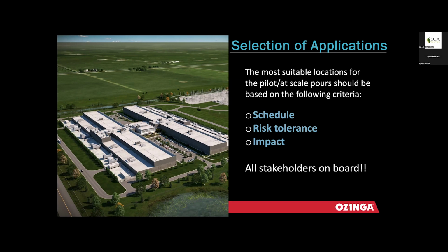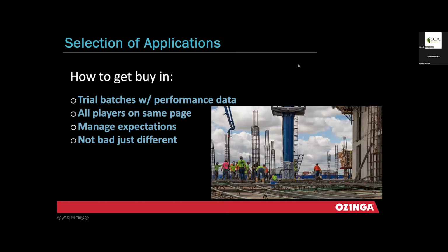Because the last thing we want to do is try to promote sustainable concrete with higher replacements of slag cement and fall on our face, right? The industry will quickly catch wind of that, and it will give a black eye to low carbon concrete, because it's not necessarily bad. It's just different. As my last point here, a lot of people automatically assume that just because it's low carbon, it's going to lay there for 3 days, or take forever to get strength, or they won't be able to place it or